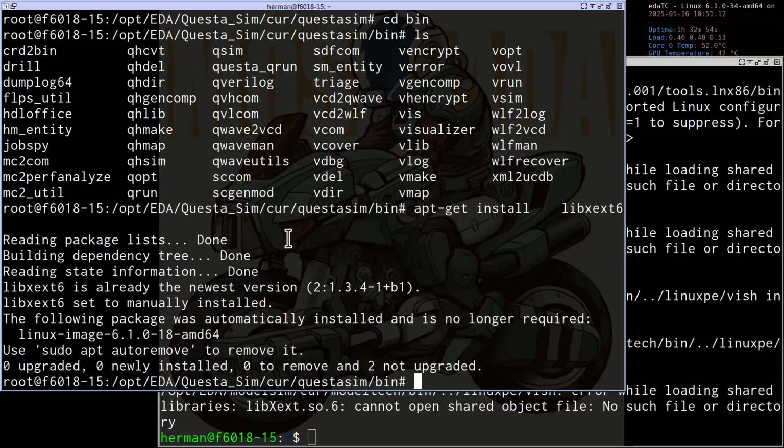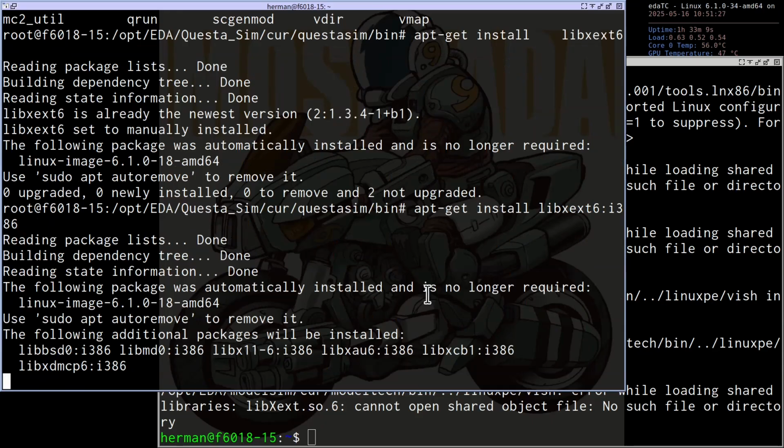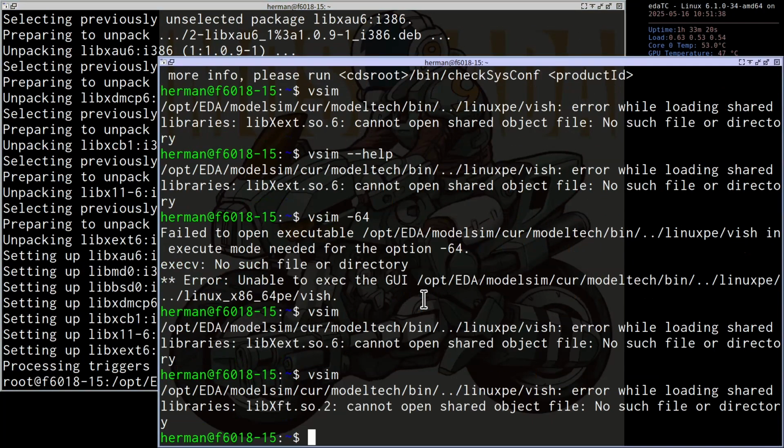So we need to add apt-get install. We need to install the i386 version. Then let's try again. Okay, so this is going to a second error message, right?